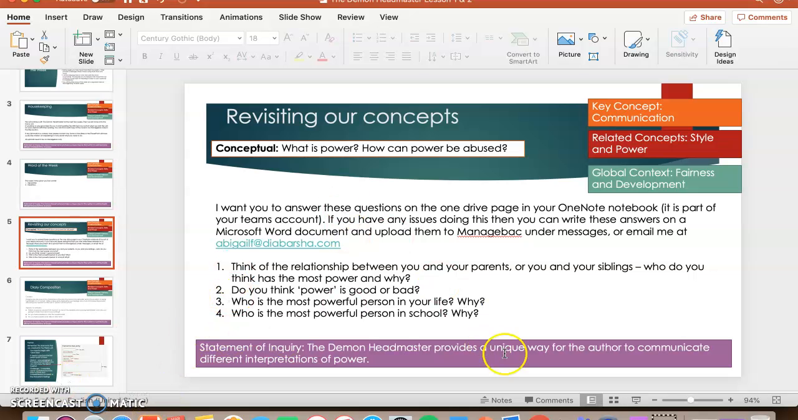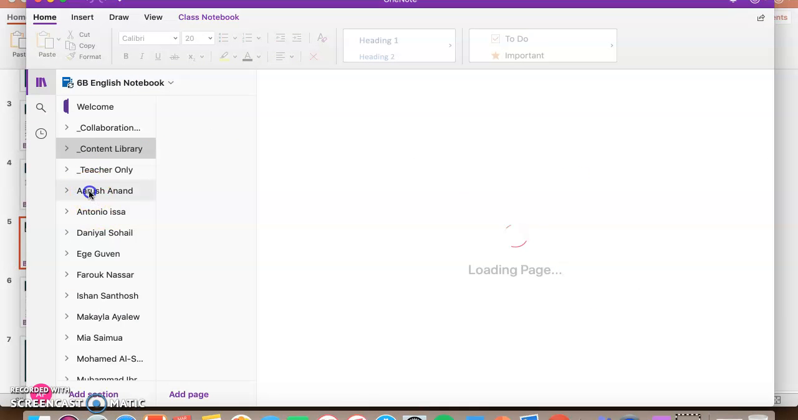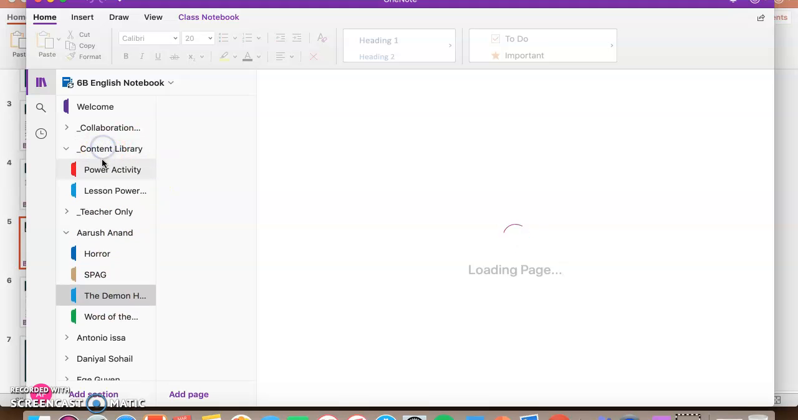If I just come out of the screen for a minute and go into OneNote book, I'm in 6B for a minute. But if you go into the Demon Headmaster, so you go into Content Library, the power activity is there. Loading, because the internet is quite slow at the moment. But then there should be the power activity, and in this screen here, you will see the same questions that you see on the PowerPoint, okay? And then what you can do is underneath the questions, you can type in a different font your answers. This is if